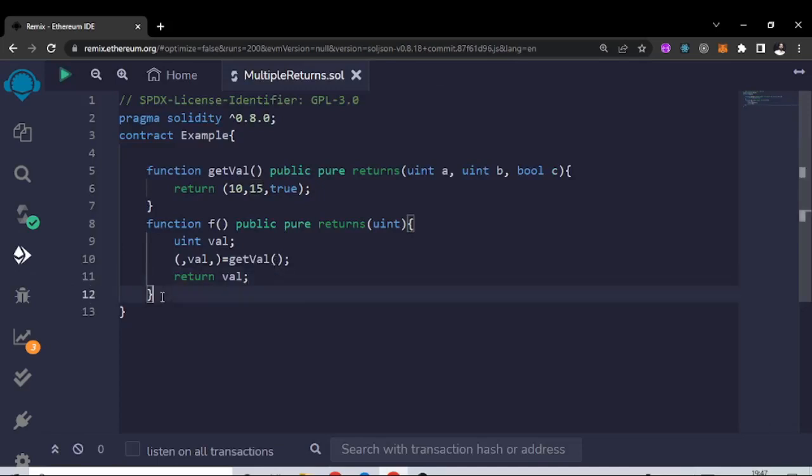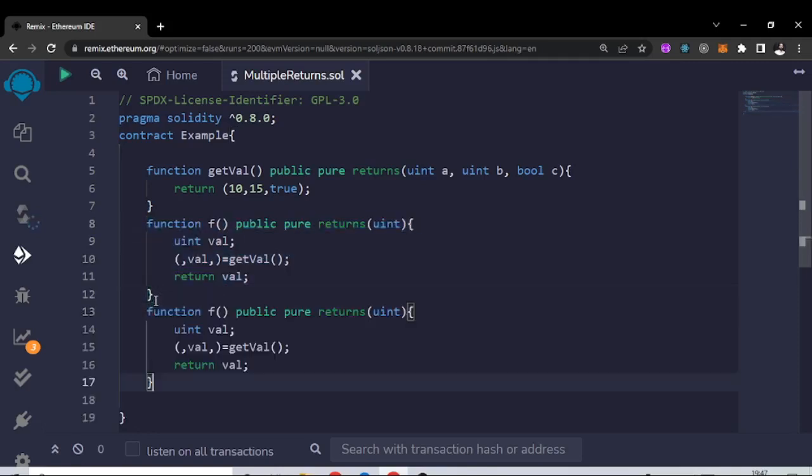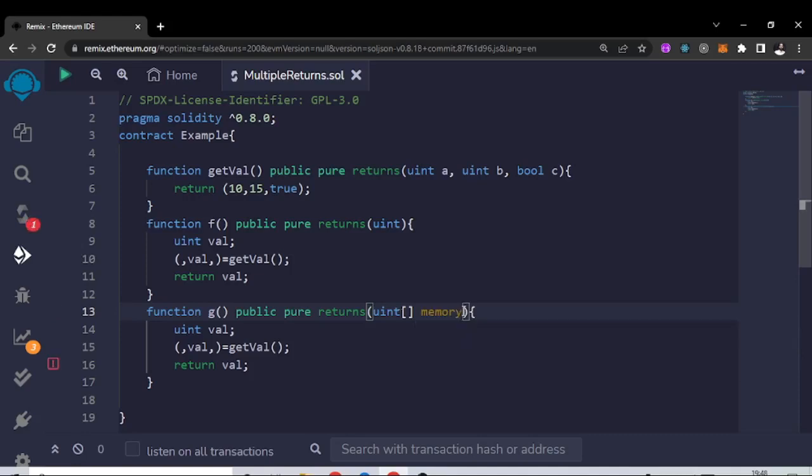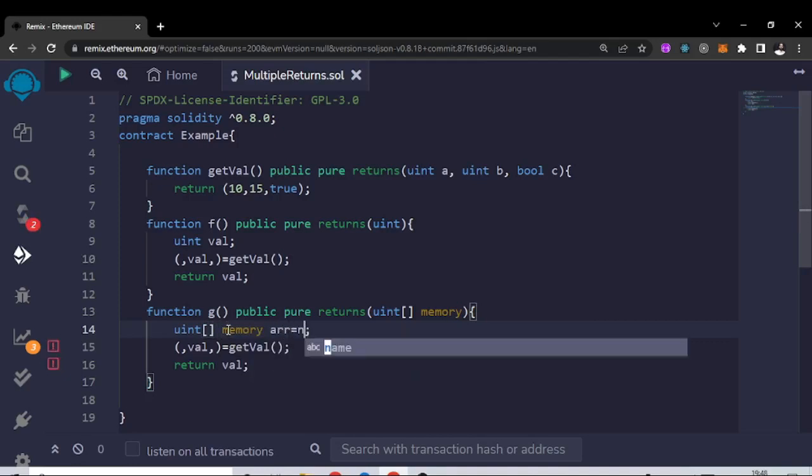Okay, so let's now see another example where we can see how we can get the output as an array. So for that, let's make another function, and the function name will be g, not f, and it's going to return an array of unsigned integers. And I also just need to mention the memory keyword, as you already know why. So let's first declare the array. Okay, so it will be unsigned integer memory, and the name is arr, let's say, equals new to initialize